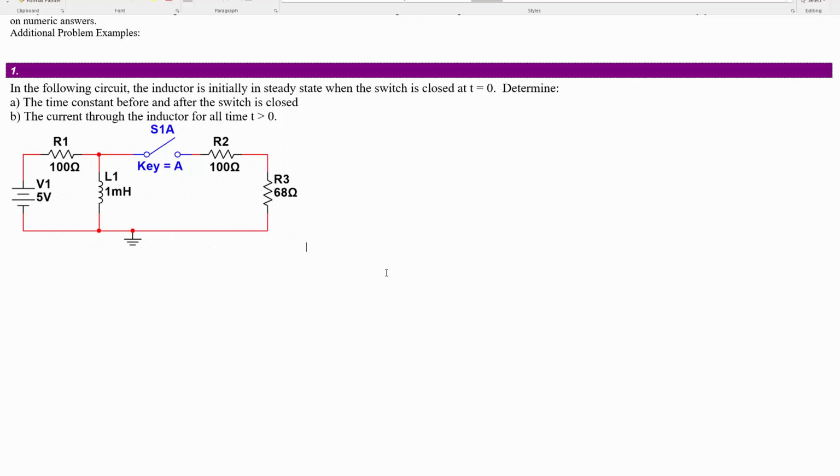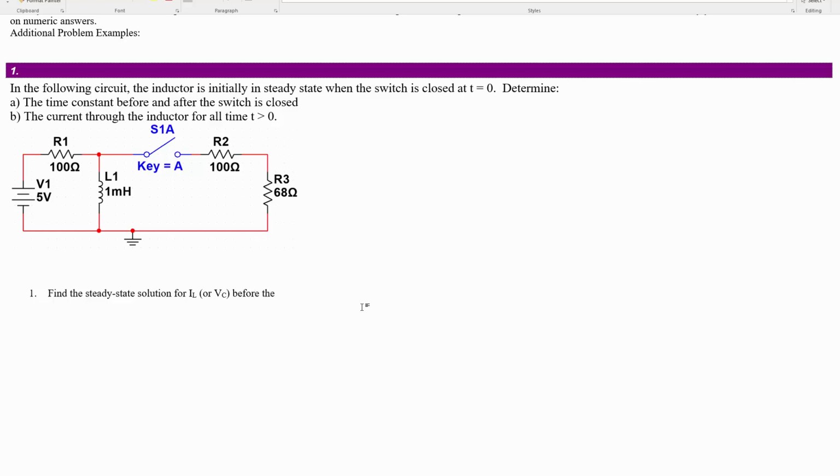Hi, this is going to be some additional transient analysis of circuits in DC in response to switching changes. So if we have a circuit like this and the switch closes or opens at some point, then the steps to solving the problem would be first find the steady state solution for IL, or voltage across a capacitor,